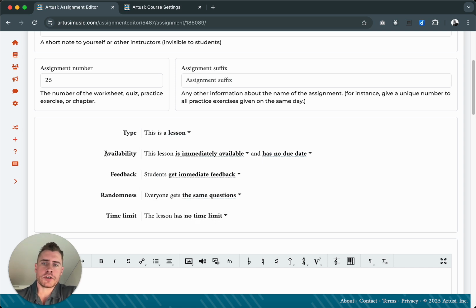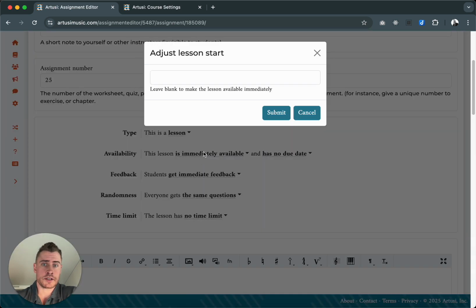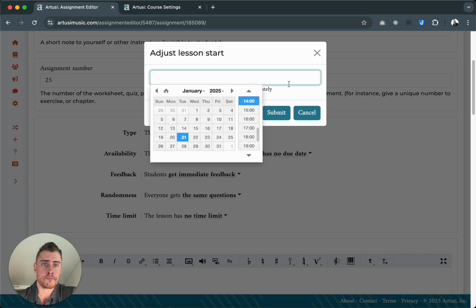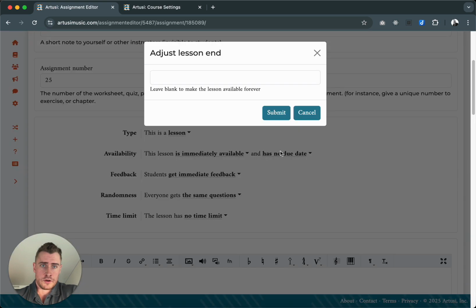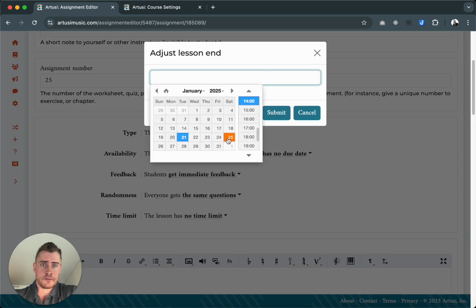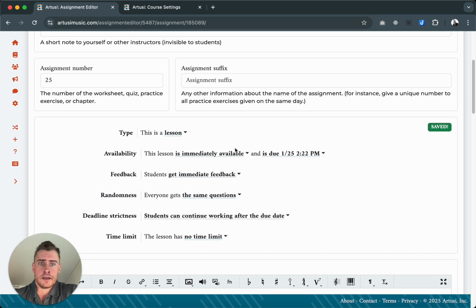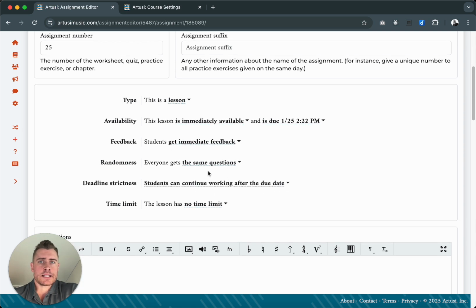This is where you can manage the availability of this assignment, such as when it's available to students. You can set this to a date in the future, for example. You can also add a due date to the assignment. Now, when you customize this form, new options will change or appear based on the settings that you configure. So for example, if I wanted to turn off feedback so students do not get immediate feedback, you'll notice that new options will suddenly appear